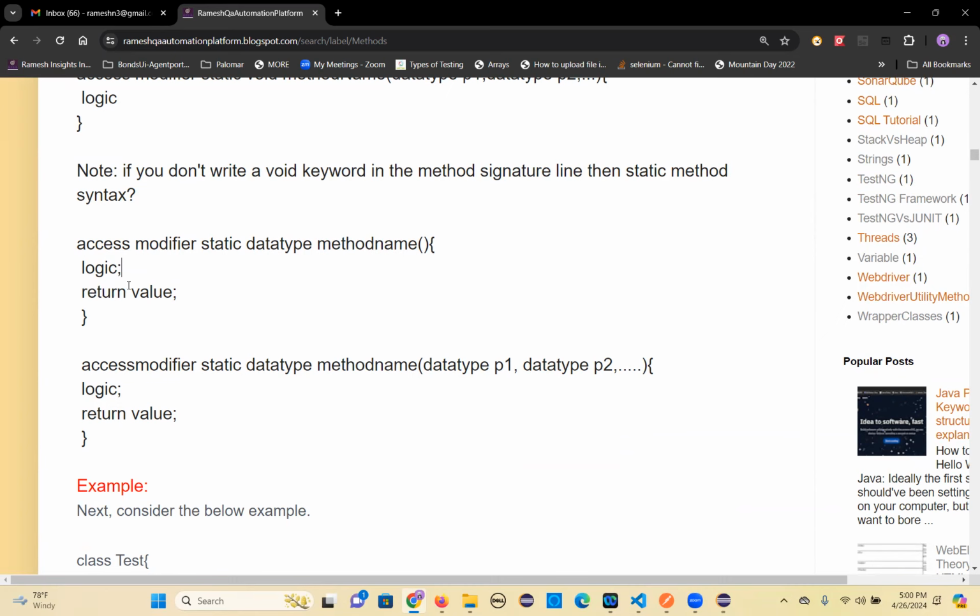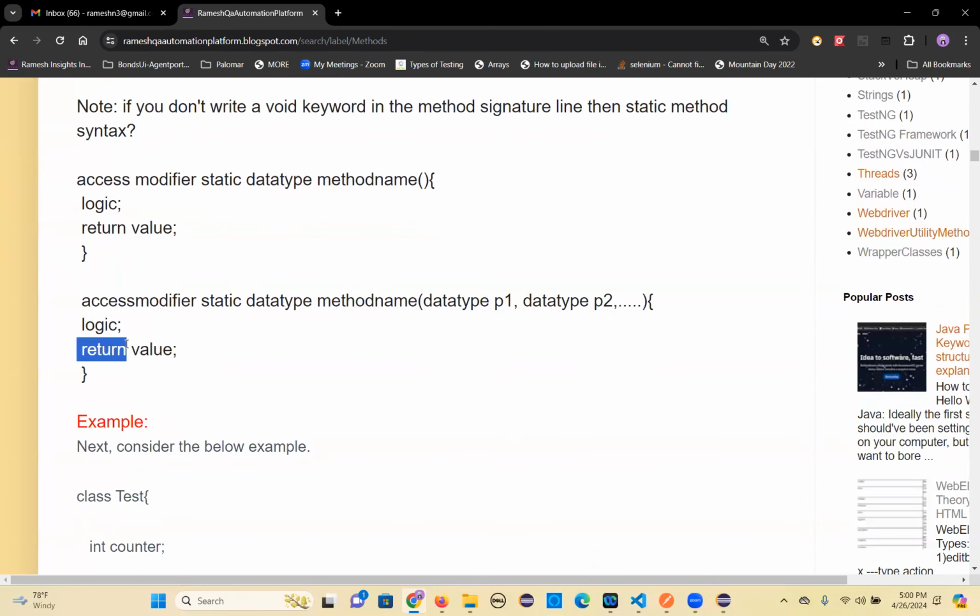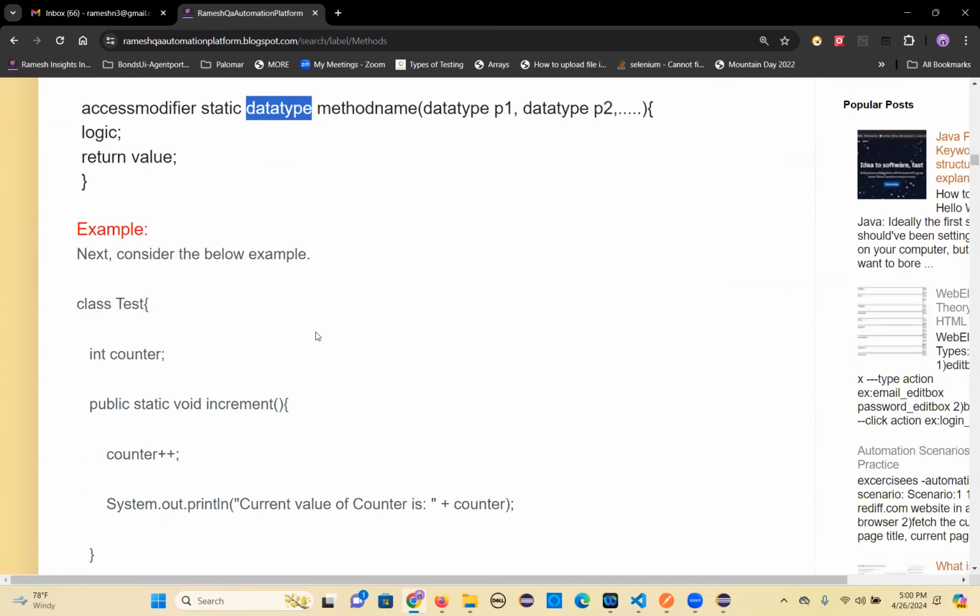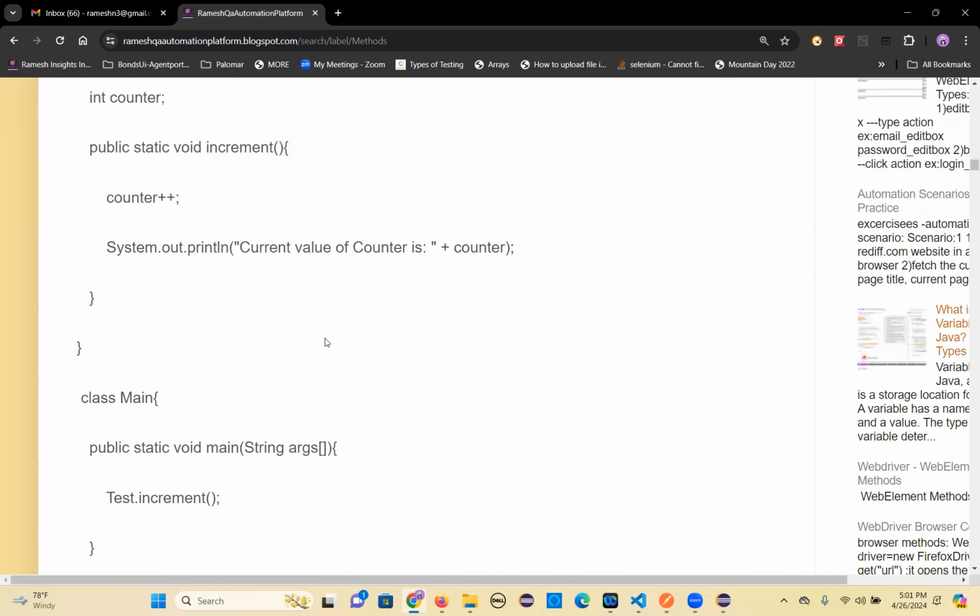Nowhere in the middle. Finally, return this value after calculation of this logic, and you will get some output, right? That output you are asking to return. That return type is this type of data. That's what we are telling here very clearly. So what type of data you want to return, write that. This value belongs to what type of data, so that data type you can write here. So that's all about